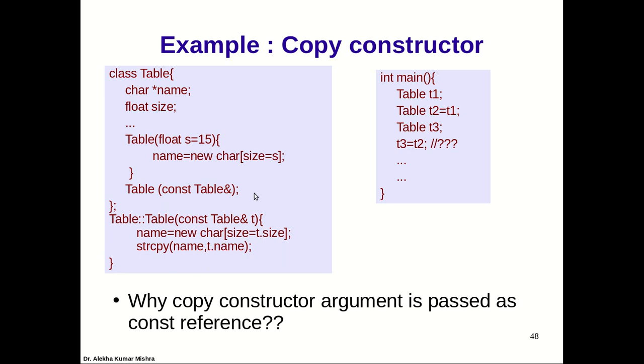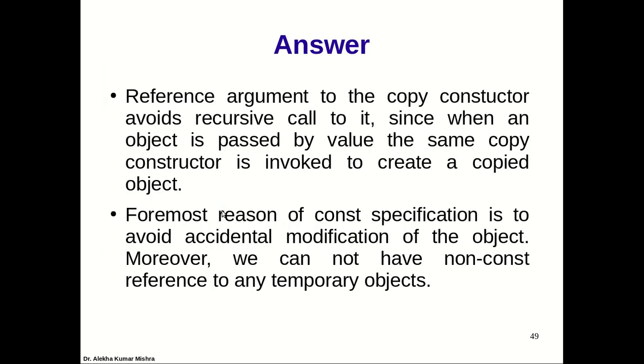So I'll show you. For this case, a copy constructor will be called if you're not passing the reference. That's why, to avoid that recursive call to the copy constructor, we use a reference. Next, the reason for const is that we are copying an existing object to a newly created object, and we want to avoid any accidental modification to the existing object. So it's always safe to pass it as constant. This is the standard format for defining a copy constructor.